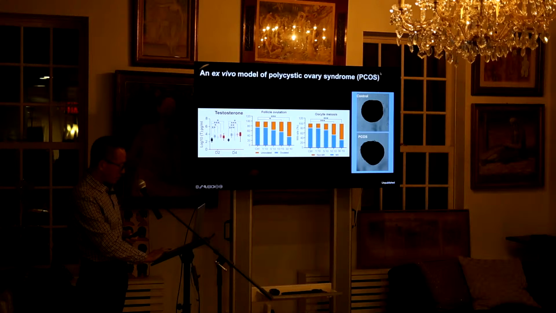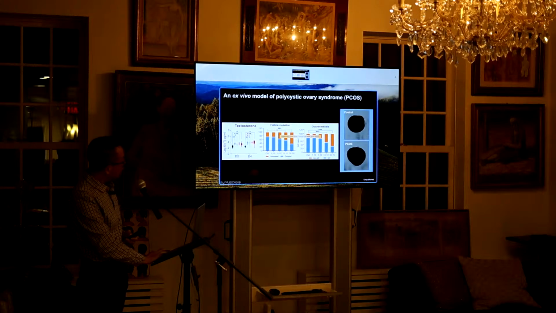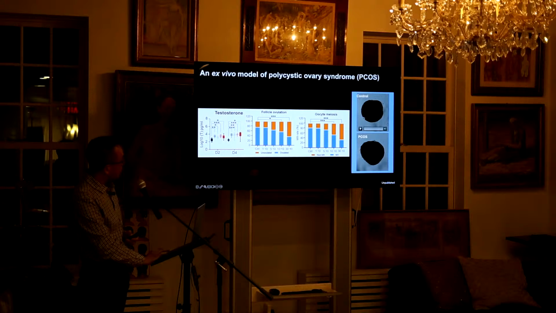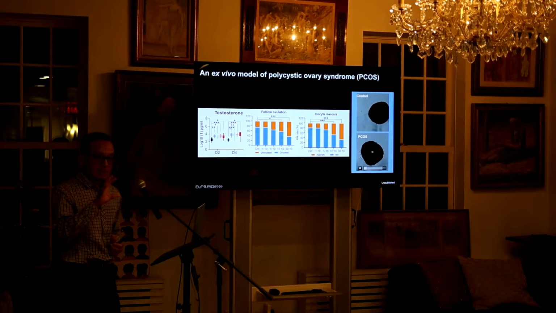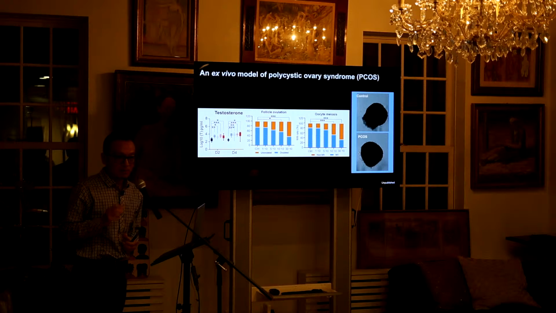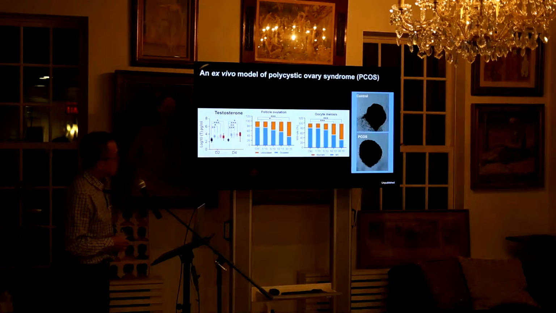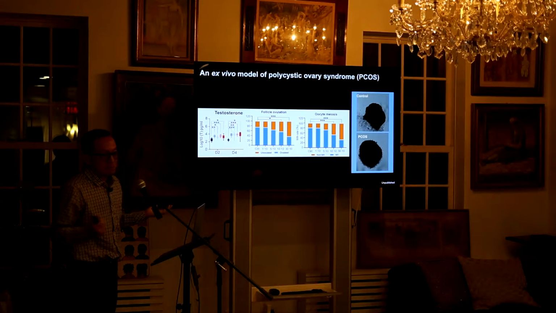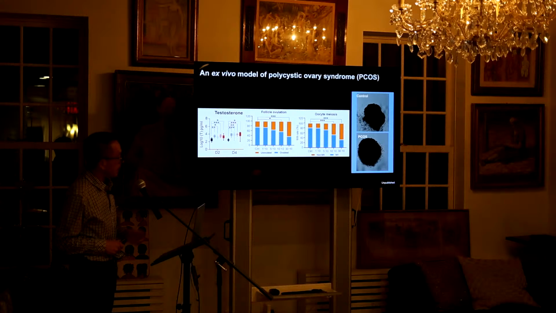And here I have just 2 quick videos to show you what PCOS will look like. This is the control video I already showed you. And at the bottom is the follicle with PCOS, what we call the PCOS follicle. You see the control follicle can rupture pretty well. You can get a metaphase oocyte. But the PCOS follicle, I think it bounced in there, it tried its best, but it didn't rupture, for some reason.